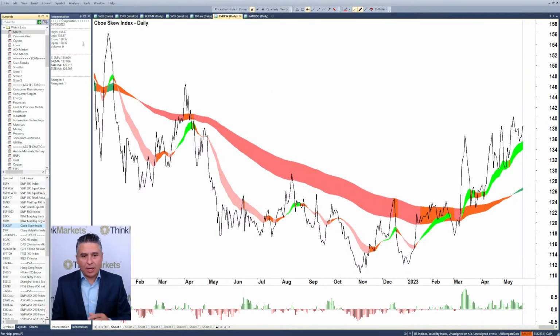Okay. And we only get a finite point for the SKEW index, so a line chart's the better way to go. And we can see that also is rising and remains at elevated levels around about 135 to 140. Okay, so we're still seeing that hedging behavior, or that far out put option hedging behavior coming in from the